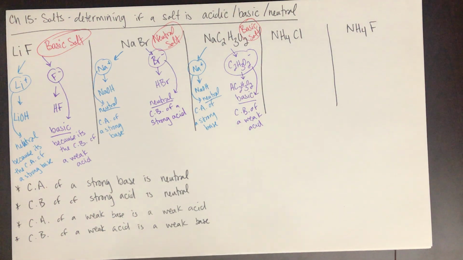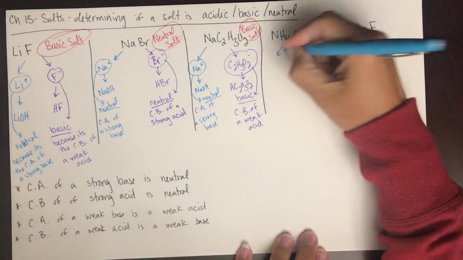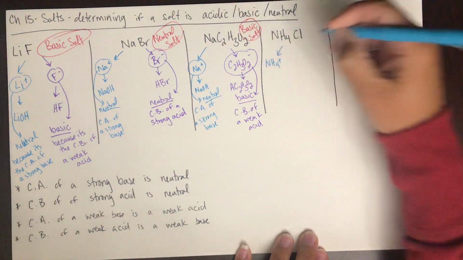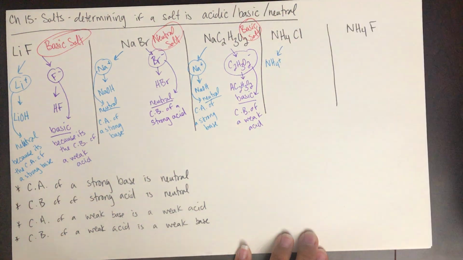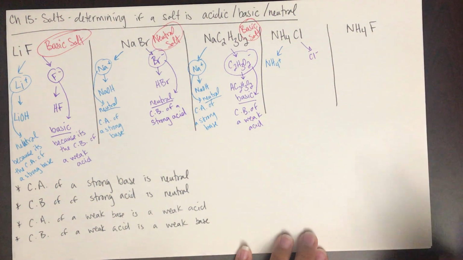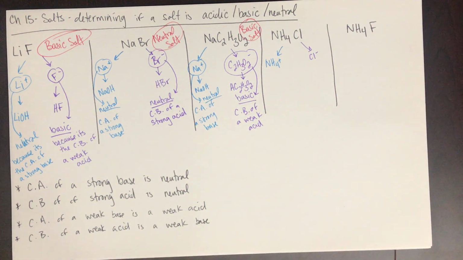Okay, let's look at another one. Here we have ammonium chloride. Here we have the ammonium ion, and here we have the chloride ion. Okay, so the ammonium ion, this is a little bit tricky because it doesn't really follow the convention of the way